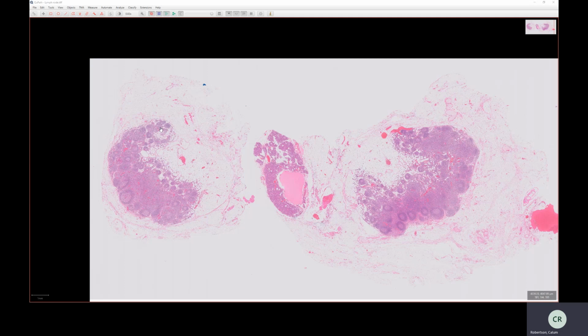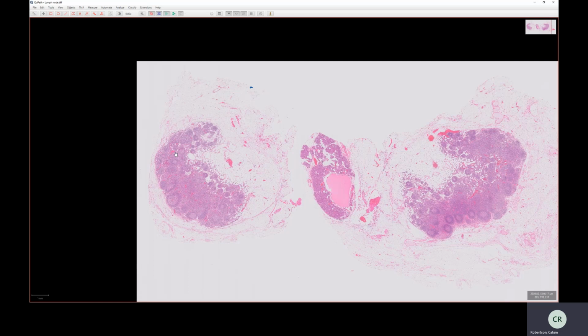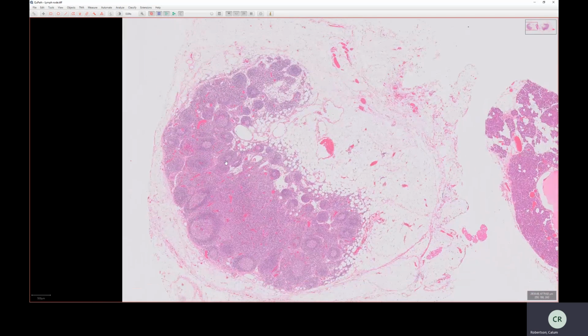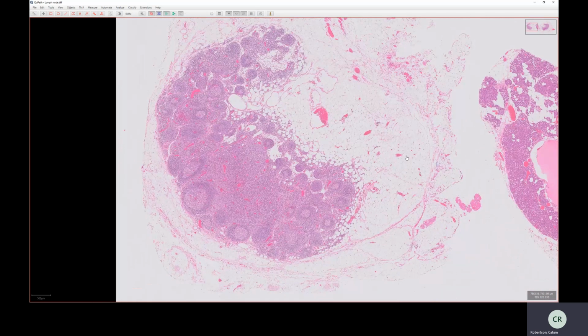So lymph nodes, if you get a good section, will have a slightly kidney bean architecture. I think we can demonstrate that here. It just looks slightly curved with a hilum in the center here. And we can see that here, slightly kidney bean architecture, with a centrally indented kind of hilum here. I should say, this is surrounded in just adipose tissue and fat